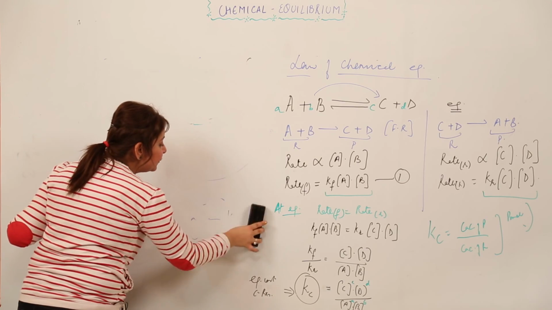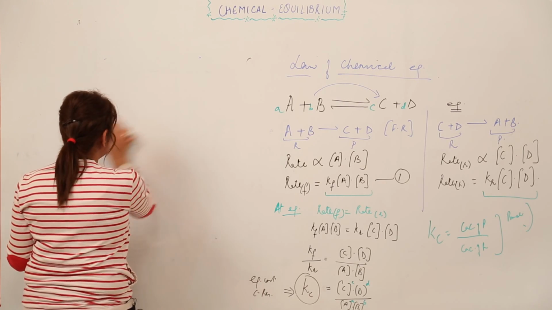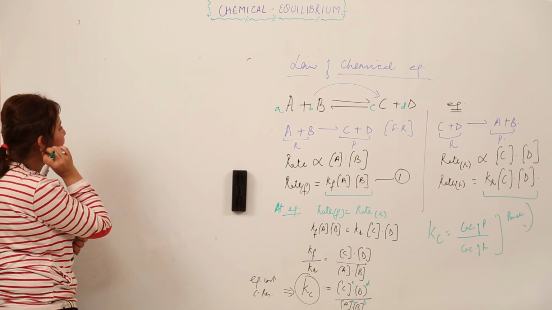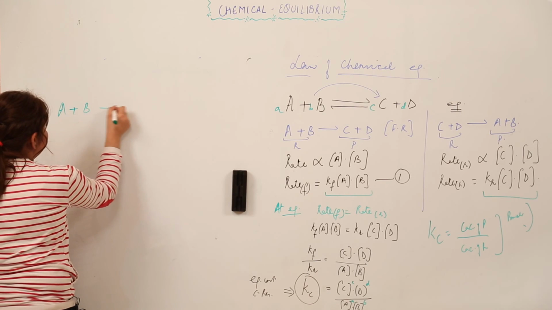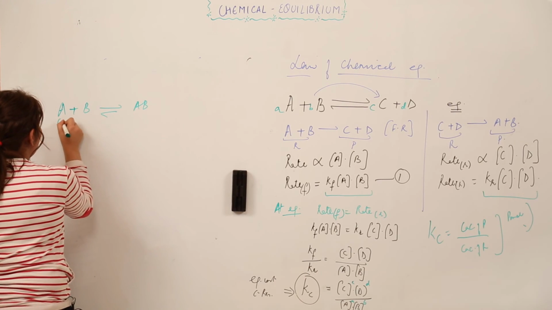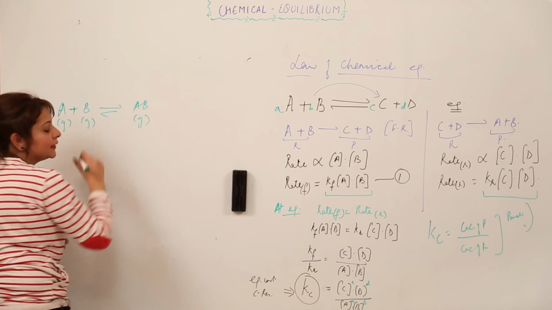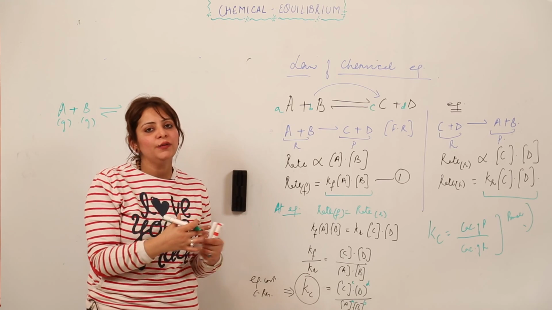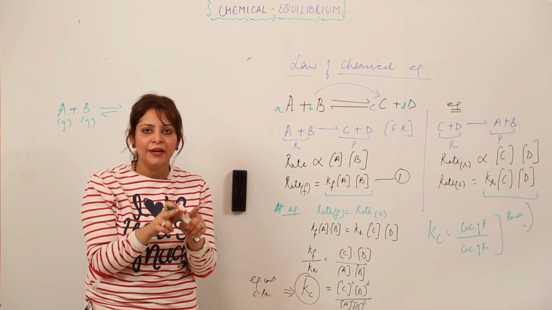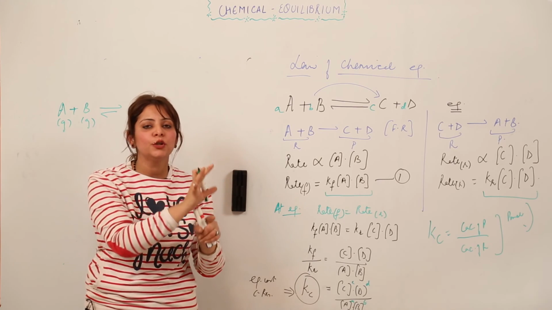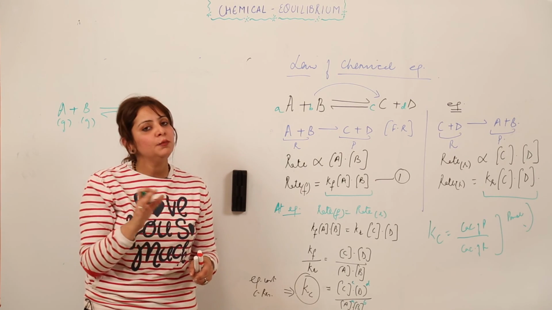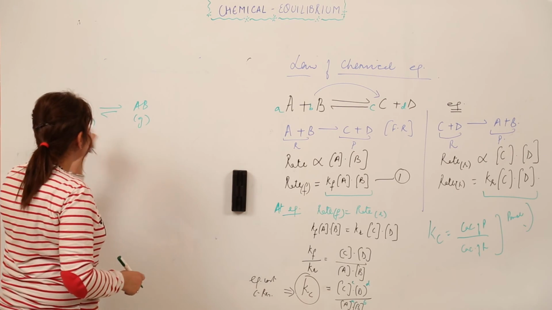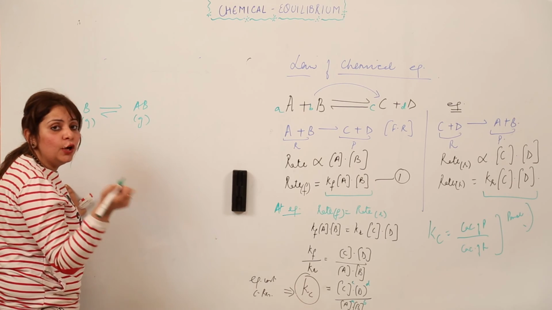But if a chemical reaction involves gaseous components, suppose I take an example, and suppose these all are considered to be gases, right. So in case of gases, for solid and liquid we are taking the concentration factor, right. We write the brackets enclosing the concentration of that substance in moles per liter. But in case of a gaseous substance, we can take the partial pressure instead of the concentration, right.